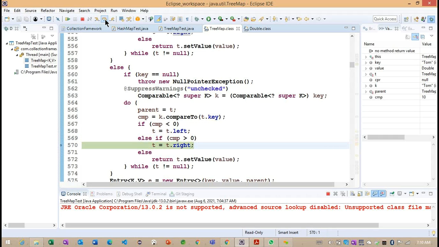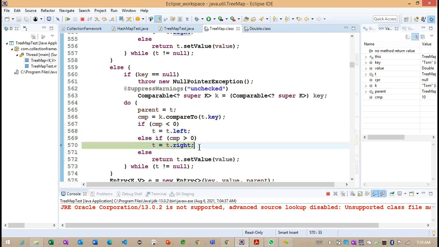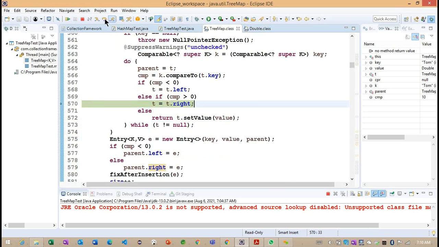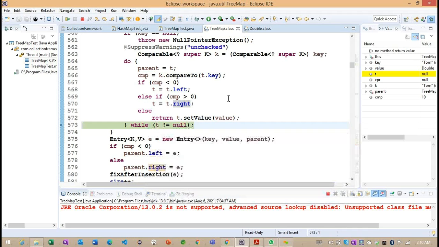Now what do you understand here? Based on this left and right, we are going to get a sorted order. Getting the point. Now you can see this particular T null here. So why are we making T null here?